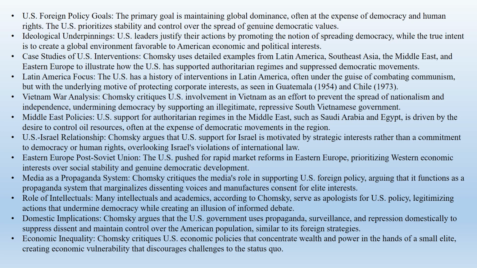Chomsky's critique of the media builds on the ideas he developed in Manufacturing Consent. He argues that the media serves to manufacture consent for U.S. foreign policy by presenting a narrow range of debate, excluding perspectives that challenge the dominant narrative,